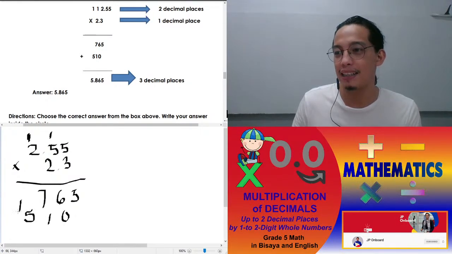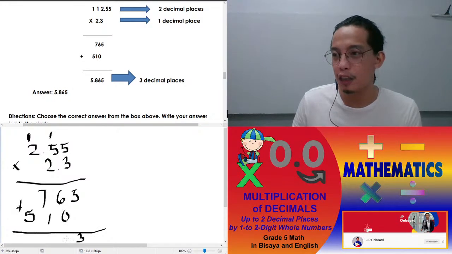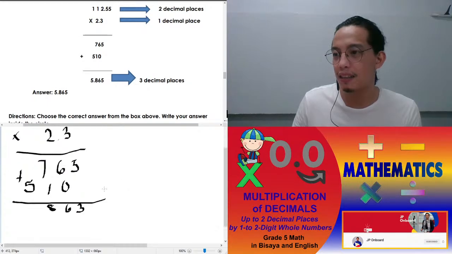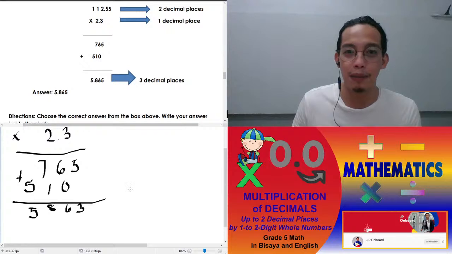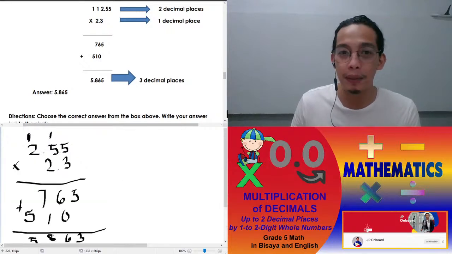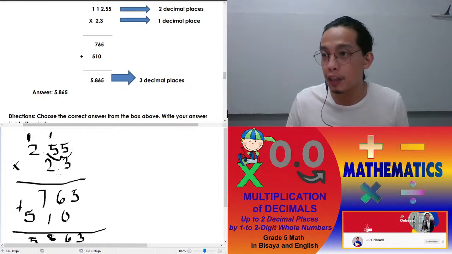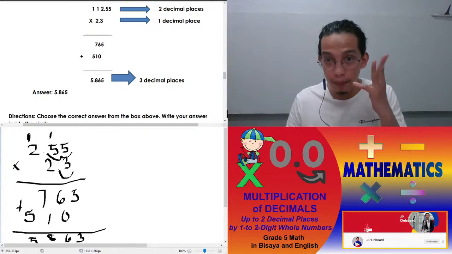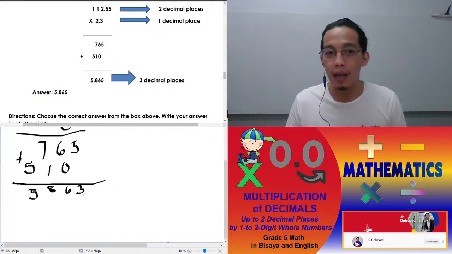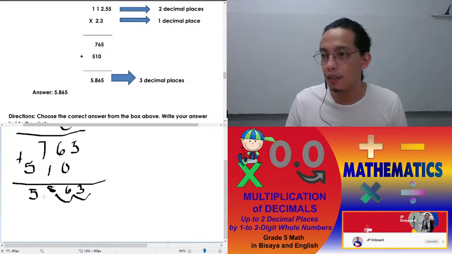And then you add it. So 5, 6 plus 0, 6, 7 plus 1, 8, 5 here. And then you count the decimal places. So we have two decimal places for 2.55. We have 1 for 2.3. So it's 1, 2, 3, 3 decimal places. So we apply it here, 1, 2, 3. So the answer is